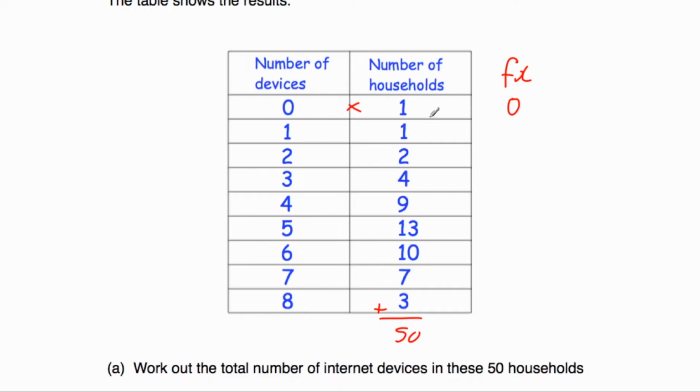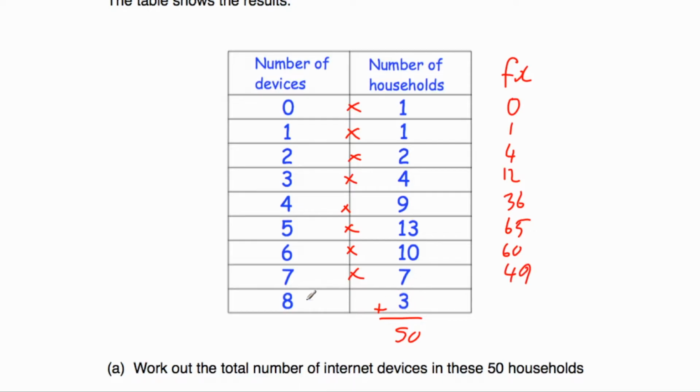In one household, there's 1 device, that's 1 altogether, 1 times 1 is 1. In 2 households, there's 2 devices in each of them, so 2 times 2 is equal to 4. 4 times 3 is equal to 12, 9 times 4 is equal to 36, 13 times 5 is equal to 65, 10 times 6 is equal to 60, 7 times 7 is equal to 49, and finally in